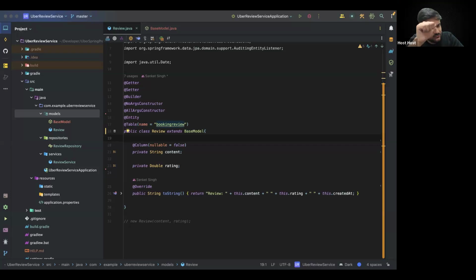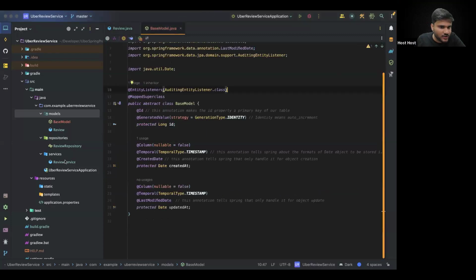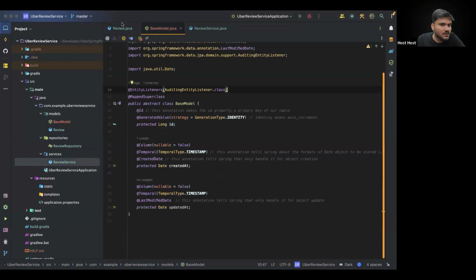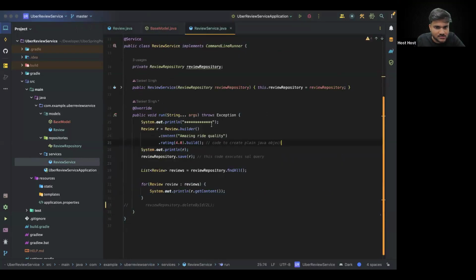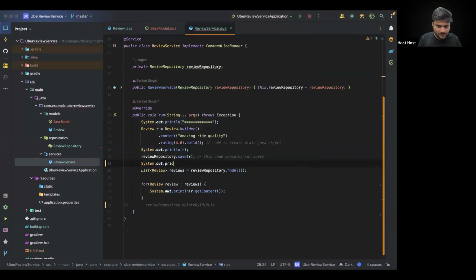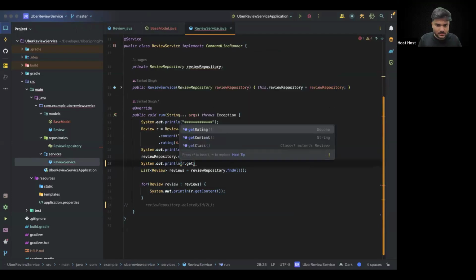So its getter and setter will be provided by the child classes using Lombok. Yes, because child classes will be inheriting from the base model, right? And if you carefully see, we already have the creation of this builder. So getter setters are being accessed there, right? Like you can do something like this. You can say system.out.println r.get